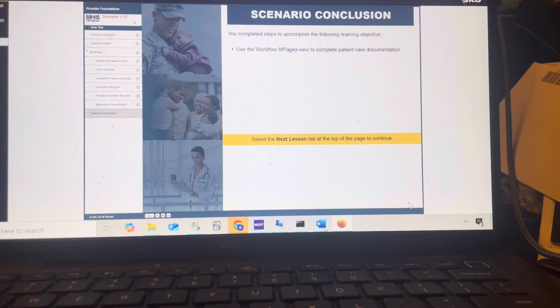Scenario Conclusion. You completed steps to accomplish the following learning objective. Use the Workflow MPages view to complete patient care documentation. Select the next